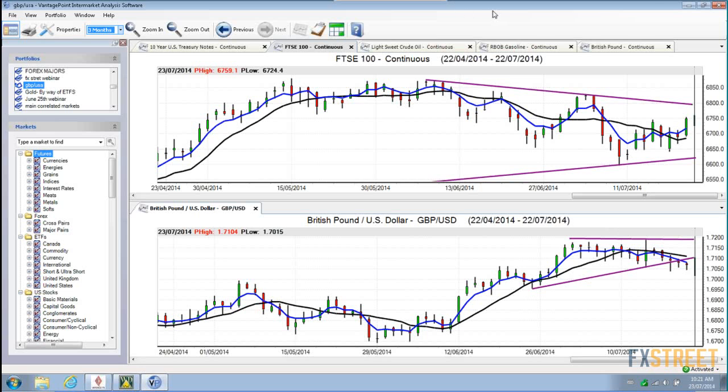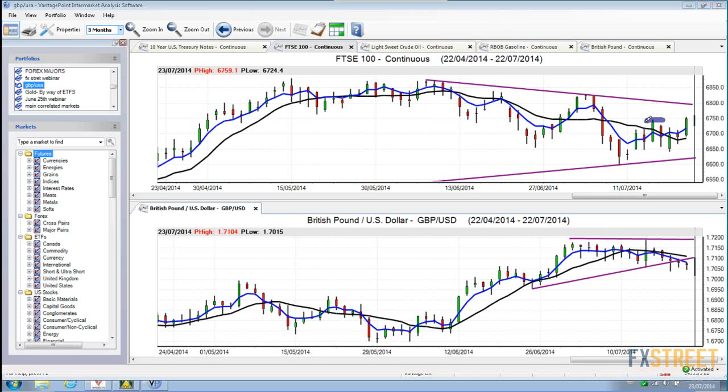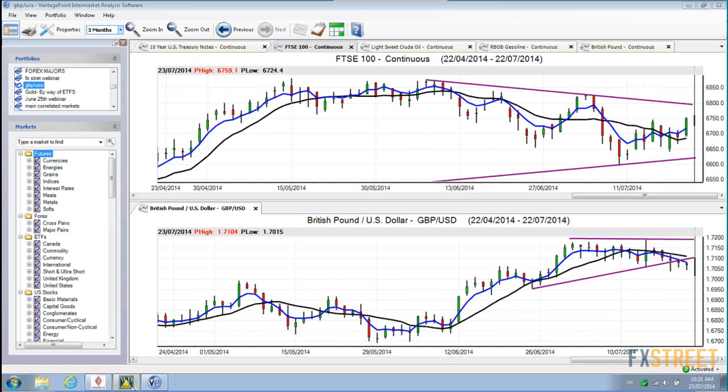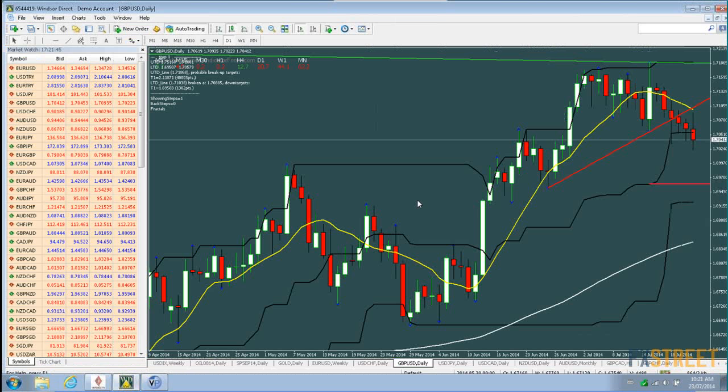But as we can see, as the FTSE starts to turn higher, then again, we're looking for the pound to turn around. So we then have to come in and say, okay, is there any area of support here where we can see that the pound potentially will stall out so we can get long again. We have a downside target here of about 168,